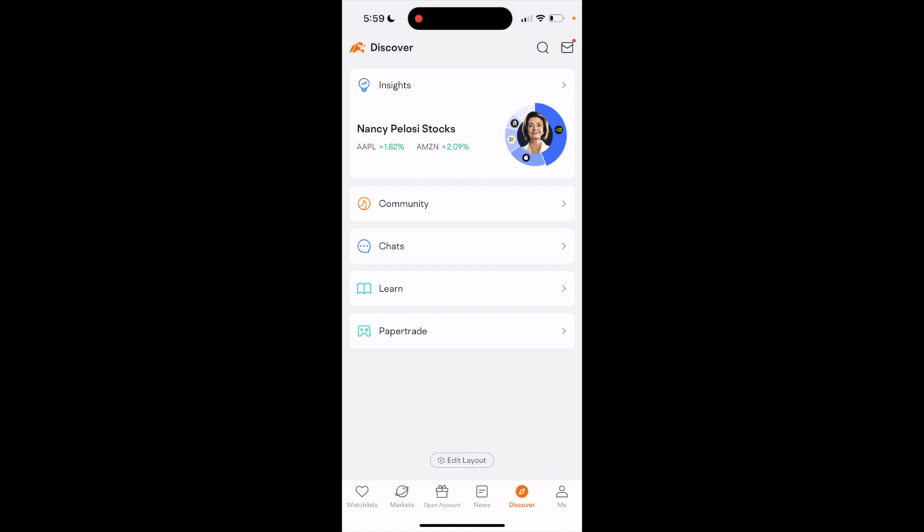So in this Moomoo tutorial video, I am going to be showing you guys how to add a Canadian ETF to your watch list here on the Moomoo application. So once Moomoo's opened up, what I want you to do is go to the bottom left, press on Watchlist